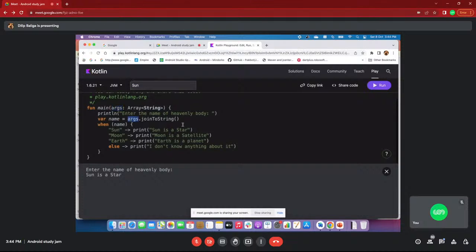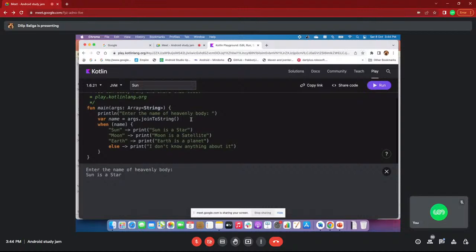This argument I am joining to string, converting this array list of strings to comma separated. This is a predefined method of Kotlin. Whatever argument I specify here, it will convert using joinToString, meaning it converts to a comma separated string internally.